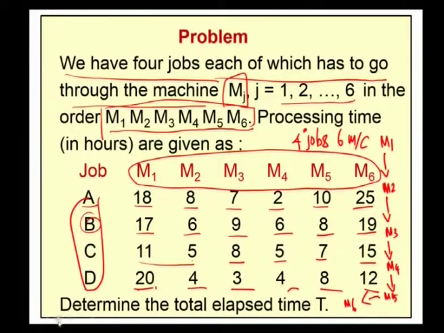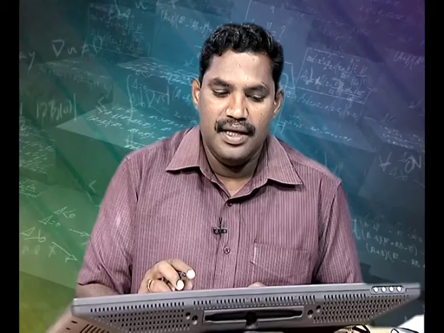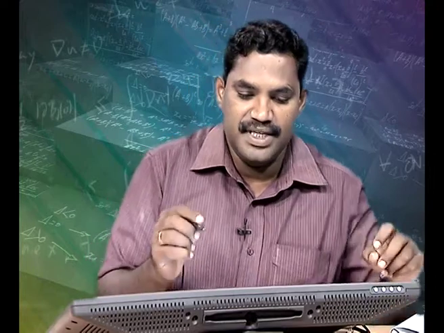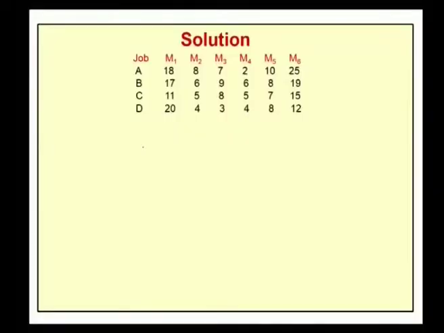The first idea to solve this 4 job 6 machine problem is to convert the 6 machines into 2 machines. The idea is to check the condition: minimum of Mi1 greater than or equal to maximum of Mij, or minimum of Mi6 greater than or equal to maximum of Mij. So, in order to convert the 6 machine problem into a 2 machine problem, first we have to check these conditions. To do that, we first compute the minimum of